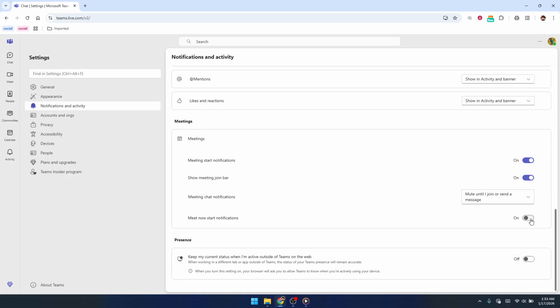Take a moment to go through each category and think about how you work. For example, you might want all chat messages and mentions to be on, so you never miss something directed at you. For less urgent activity, like general channel posts, you might still turn them on, but adjust them later if